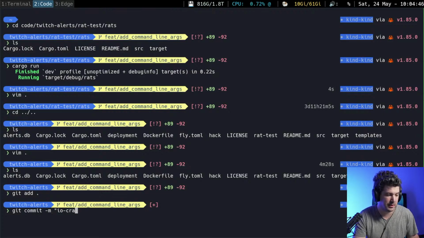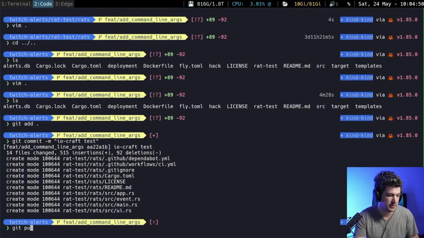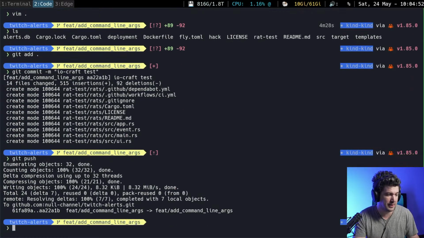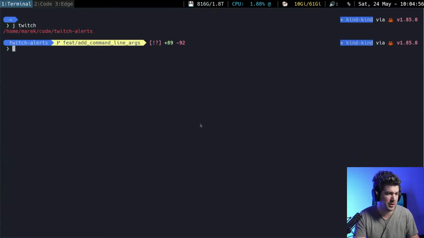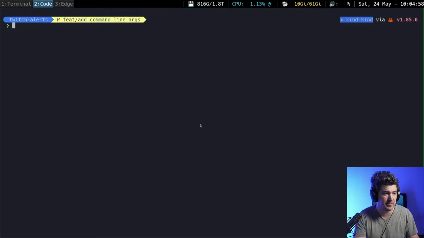IOCraft. Alright, so that is the IOCraft stuff. Cool. And now we're gonna try to add TUI to it. And we should have done that on a different branch, but